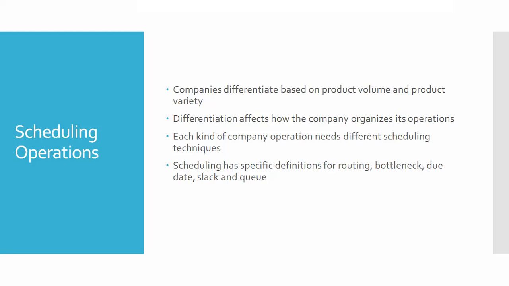And then each kind of company operation needs different scheduling techniques. So different scheduling techniques are needed for different operations that will be carried out in the industries. Okay, because we cannot implement the same process for all the operations in a company. So each kind of company operation needs different scheduling techniques, and scheduling has specific definitions for routing, bottleneck, due date,